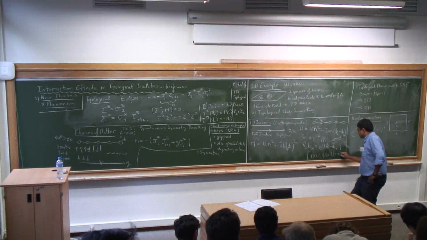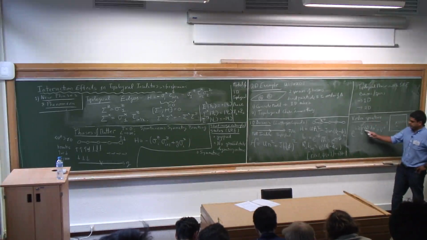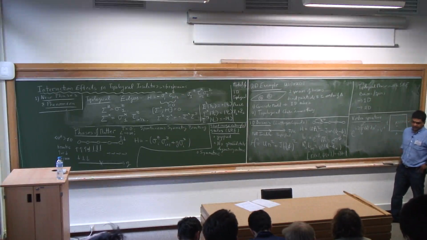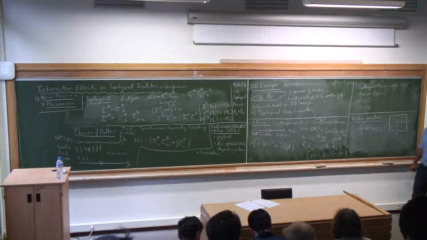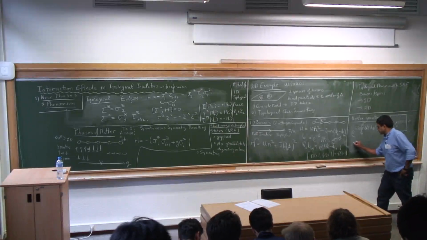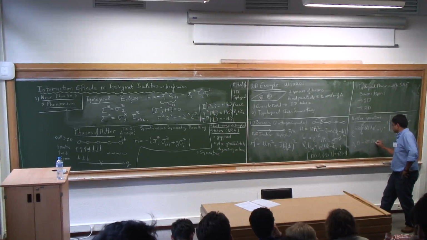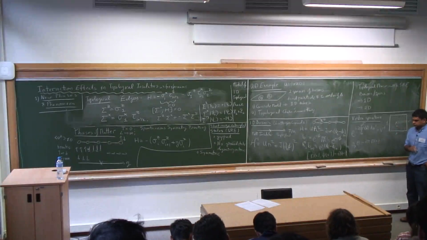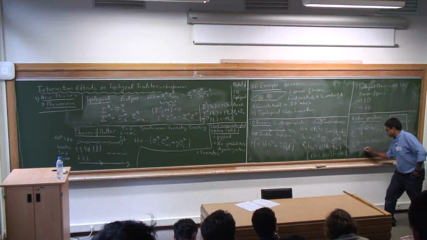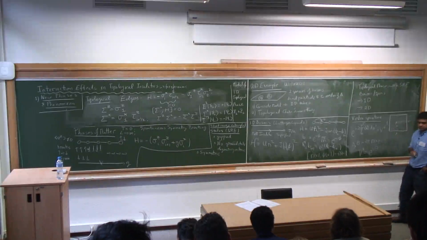They're canonically conjugate as usual. So you can think of n as translating phi, if I put it up in the exponential and I translate it by exactly 2 pi. So it's useful to define a field that does this. If I define a field such that the derivative of the field is 2 pi times n, then this vortex insertion operator, if I integrate both sides, is just the exponential of this field theta.